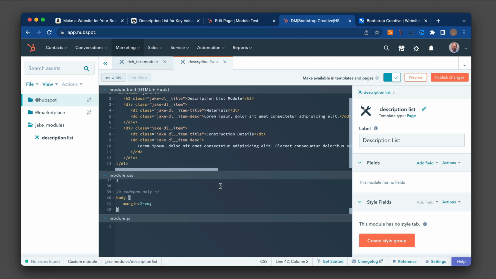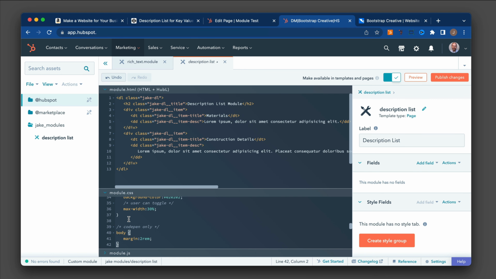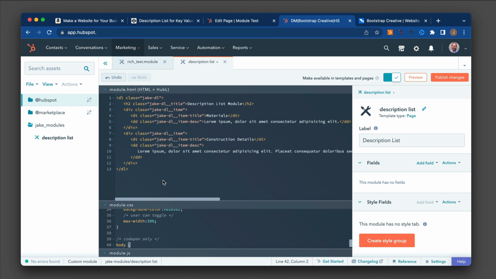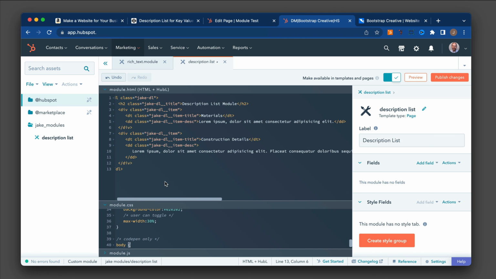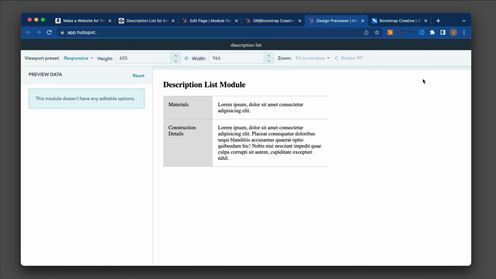And here's my module here. So I don't need to do any JavaScript right now, so if you click on this, it will minimize the area, give you more room. So at this stage, let's just preview things and see how things are looking. And you can do that by going to preview. And you'll see a preview of what currently is inside of the module.